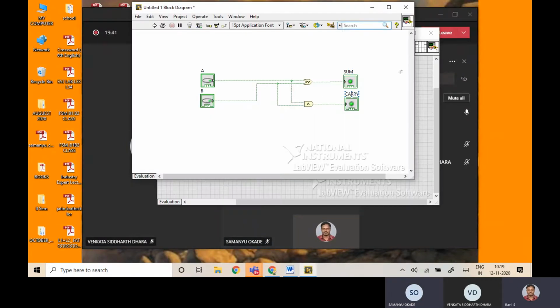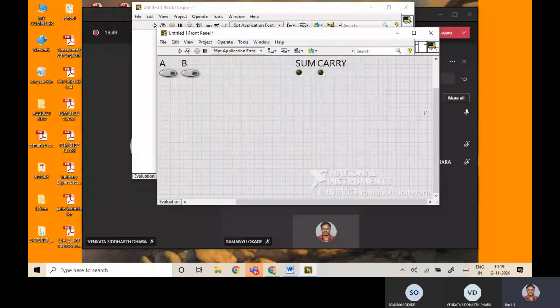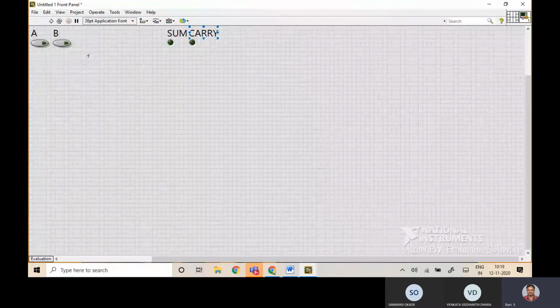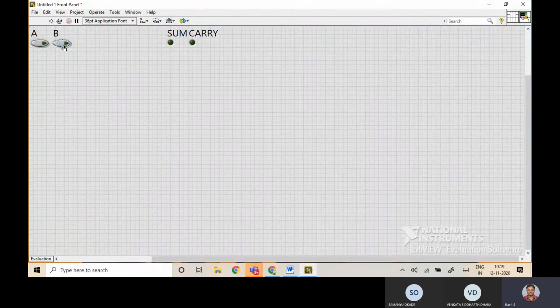Okay. Now, the moment you complete the connections in the block diagram panel, you immediately go to the front panel. The front panel is the user-friendly panel. You don't need to verify everything in the block diagram. Suppose you have hundreds of logic gates in your circuit diagram; that will give you dense wires and other details. Instead of seeing all that information, you can take only the inputs and outputs in your front panel and verify. I know the two outputs are sum and carry. Right now I'm moving my carry